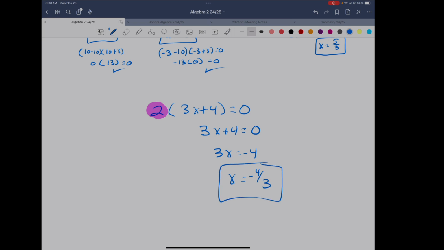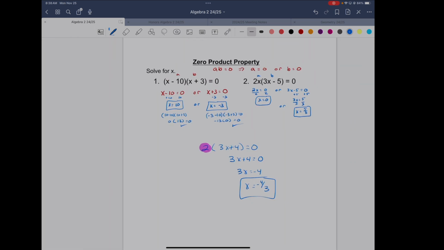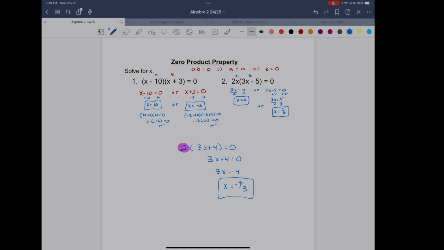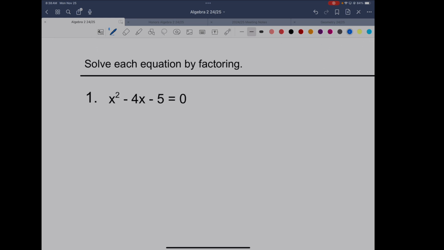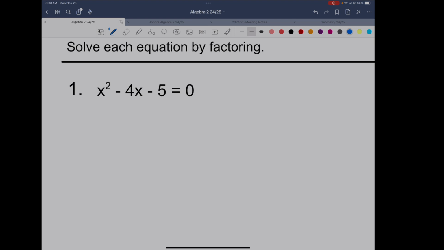In this case, it's not an either or. That's linear. That's not a quadratic. It's just linear. So that's the zero product property. So the part that we're going to work on today is factoring to solve. So we're going to solve the equation x squared minus 4x minus 5 is equal to